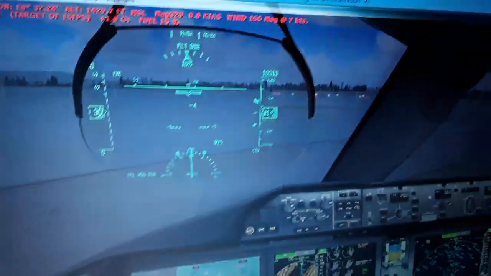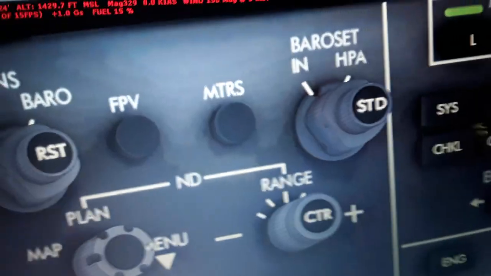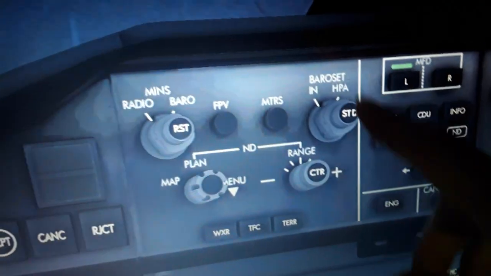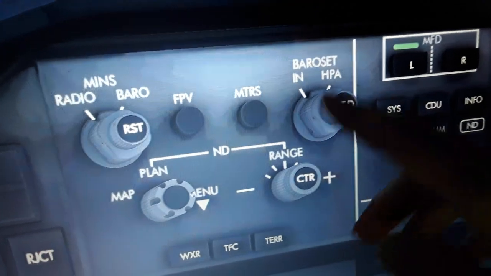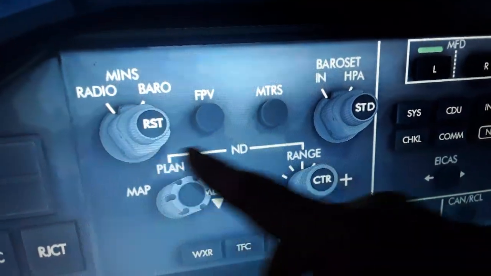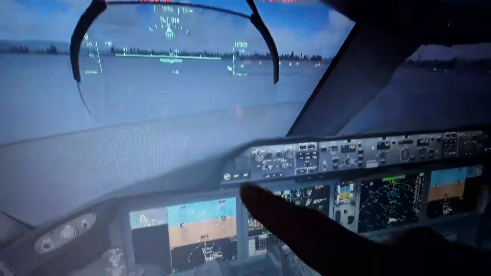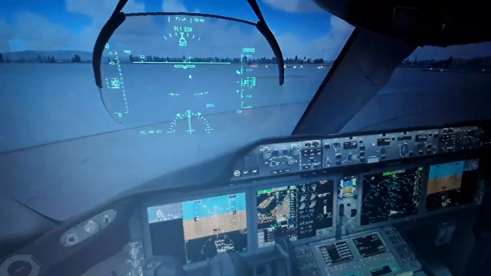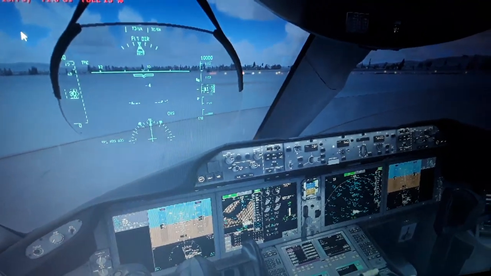We set the barometric altitude same like the altitude of the airport that we are located right now. We can set here inches of mercury, hectopascals, 1013 hectopascals. Radio baro increase and decrease. It will increase or decrease the barometric altitude displayed here. It should be same like the airport we use for